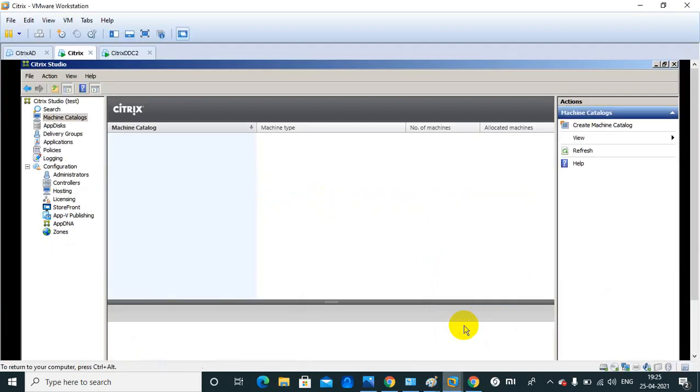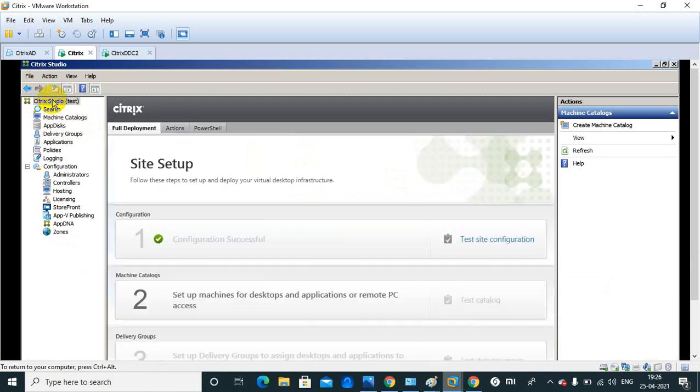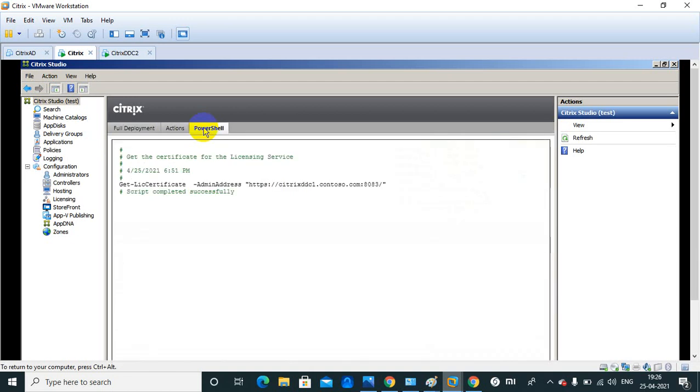Also, each and every option you run from here, like creating a catalog or updating the catalog, is stored over here. So whatever activities you perform from this console, it will automatically give you the PowerShell command from here.